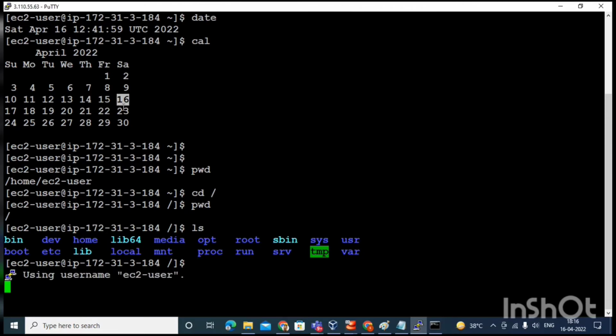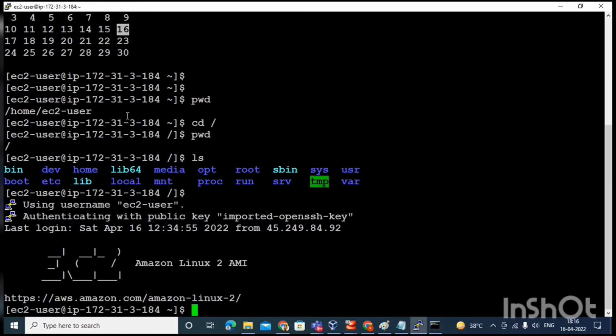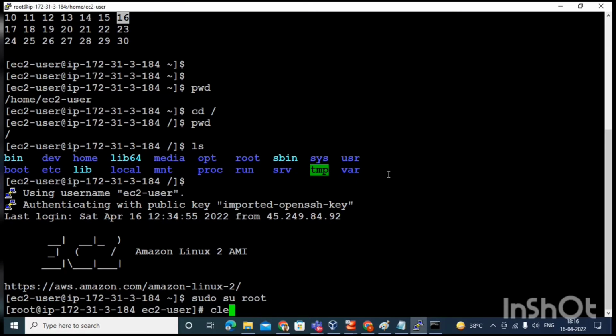I will log into my Linux operating system again, which is present in this AWS Cloud, which I am using here. So let me log in as root. What is root? I will talk about it in some minutes. But now let's do